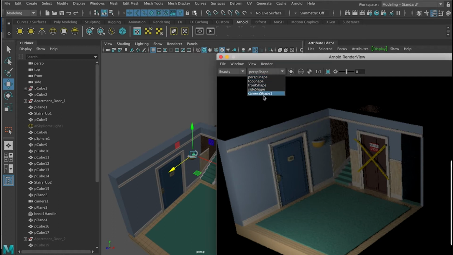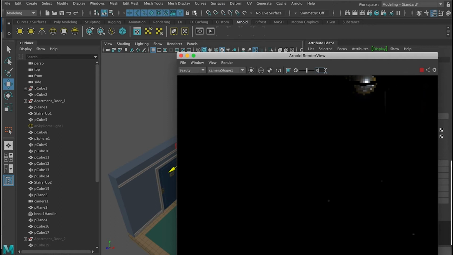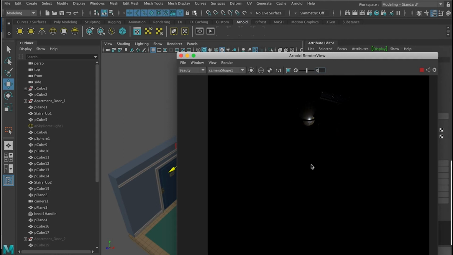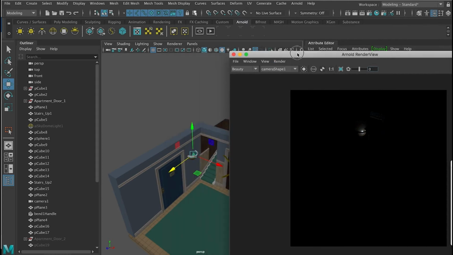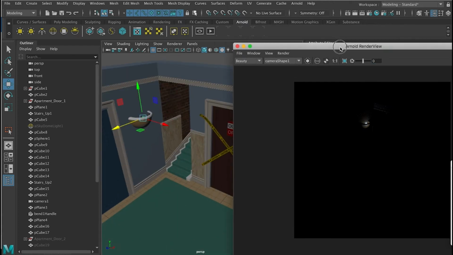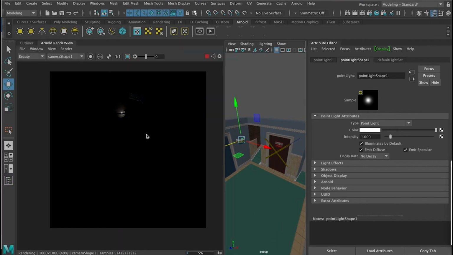You can choose which camera you want to render through, actually. Just click render there. Now in perspective I can move around without moving the camera, so that's good. I might just pin my renderer there, just next to the outliner, so I've got a bit of room. It always helps to go second screen for this. Originally you would use these settings here for classic Maya stuff, but because we're working within Arnold,